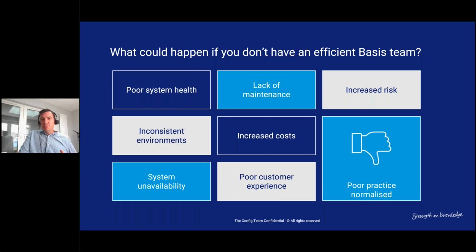Another thing is masking problems without really performing a full root cause analysis. A good example that I've often seen is where database space is continually filling up over time, and instead of really getting to that root cause, all that's done is more disk space is chucked at it or more RAM is chucked at it. What we really want to do is look at what's causing that disk to fill up. Is it a long-running process? Is it a long-running job that a user's running? Is it reports? Really get to the heart of the issue.